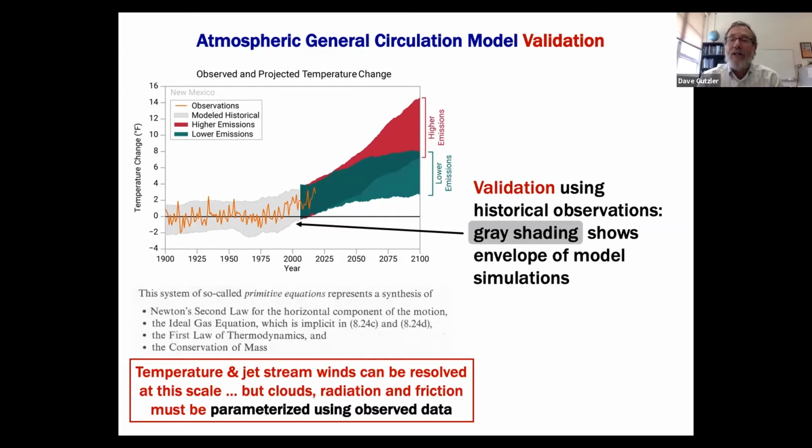So that's called validation. And that's one way we use data to help make our models better.